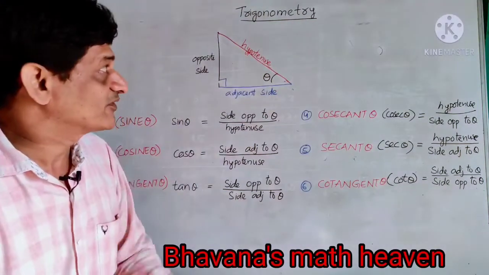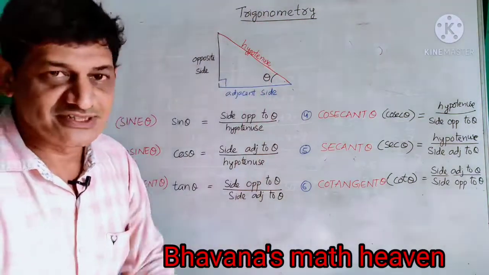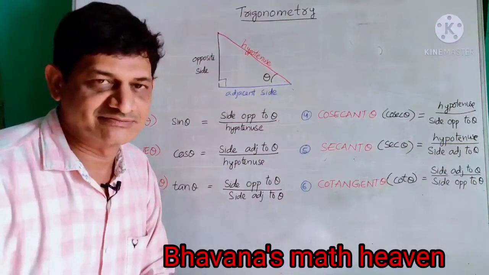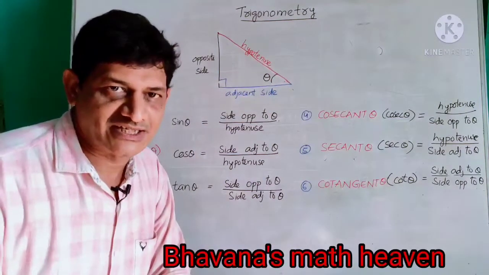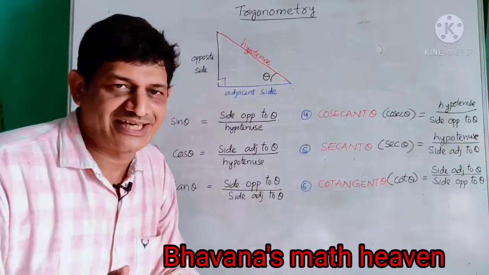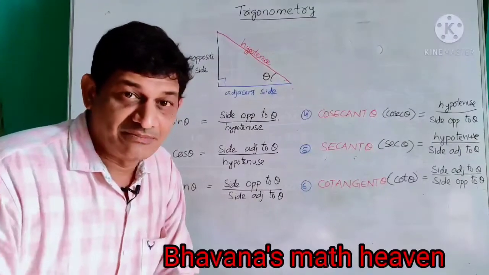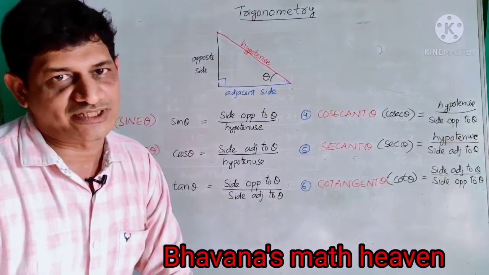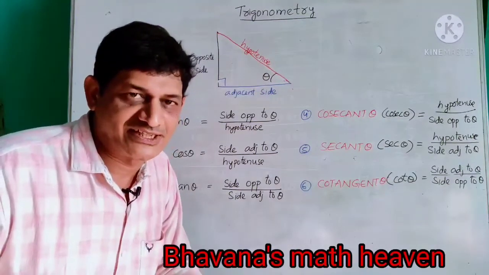Today I am going to explain a new topic, trigonometry. If you observe this word, trigonometry is derived from Latin. There are three words involved in it. One is tri. Tri means three. Gonia means angles. Metron means measurement. The branch which deals with the measurement of three angles is called trigonometry. Where do you find three angles? Obviously in a triangle, isn't it?